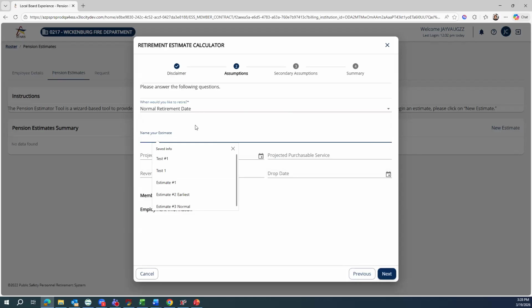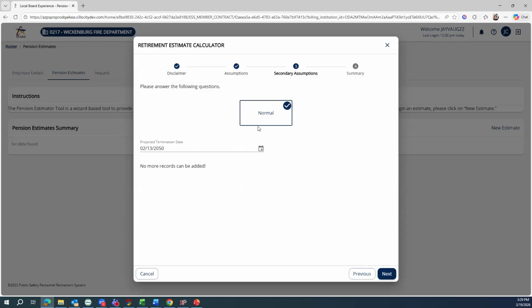Name your estimate can be entirely whatever the local board needs it to be in order to note and provide a little bit more detail regarding what this estimate is about. I am going to use just a quick little reference there. And next,